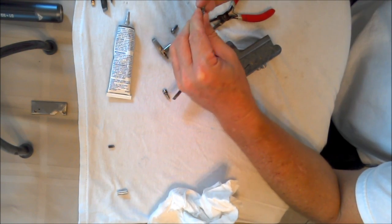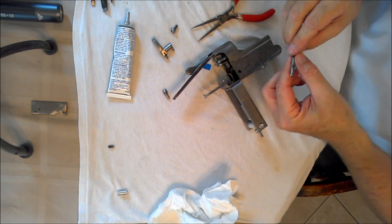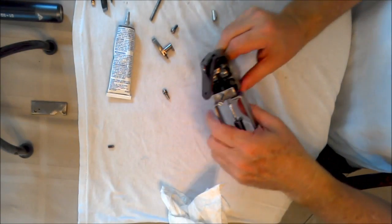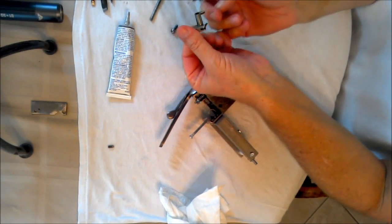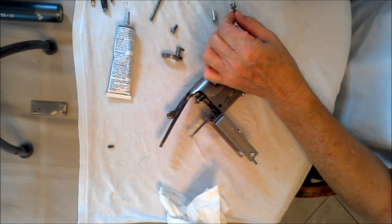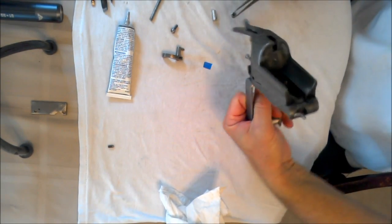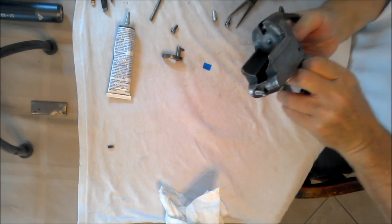Like I said, this is not necessarily going to be a shooter that will shoot the gun, but I have no idea what they were doing, and I was not going to take any chances of damaging my spring and cap there, and primarily the stirrup. I didn't want any pressure coming back and popping down on that stirrup and breaking it. So there you go. I redesigned it for my purposes. What I'm going to do is, before I get this in there,